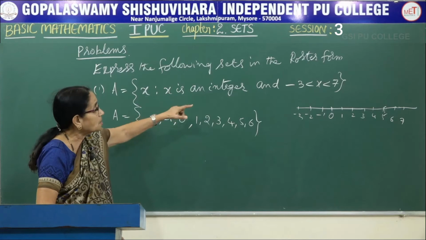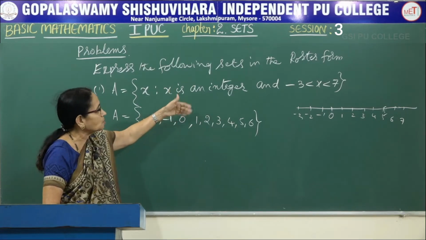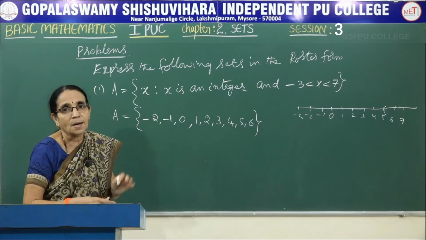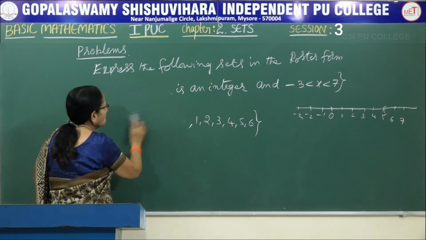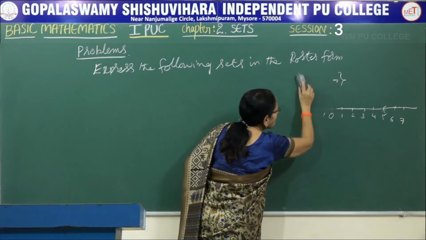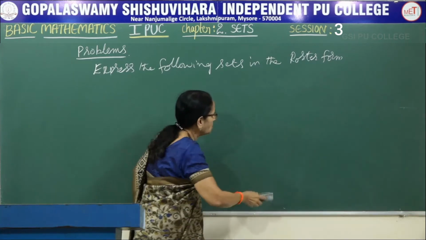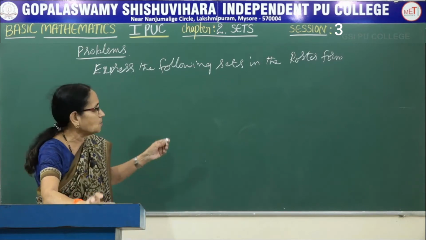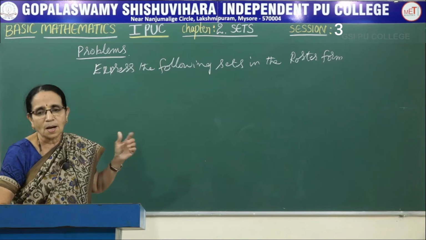Now see, it is an integer given. Suppose it's any other thing, I mean natural number or positive, then it would be different. So read the property correctly, understand, and then you can write the actual elements of this set. Here you need not give any explanation. Directly the elements can be written, because for a 1 mark question, if it needs calculation, you have to do it. Otherwise, when you can directly write, for example, it may be a definition or anything. In this case, you can directly write the elements.